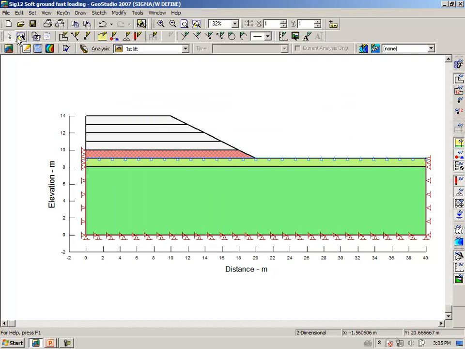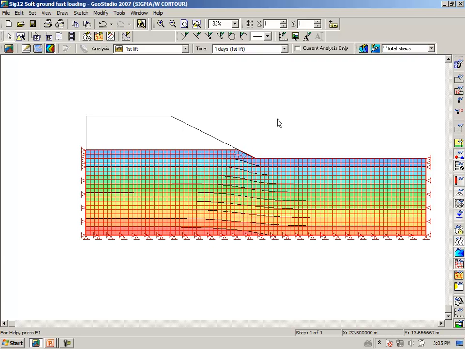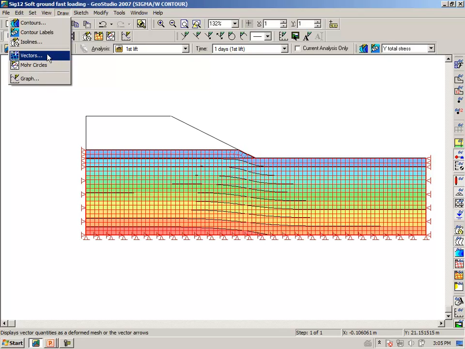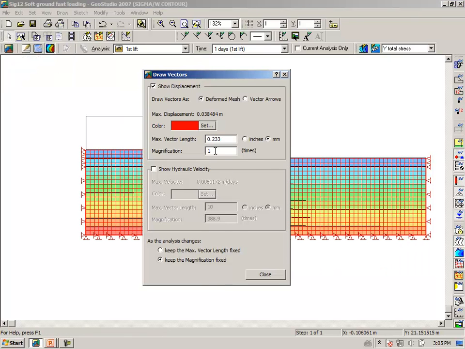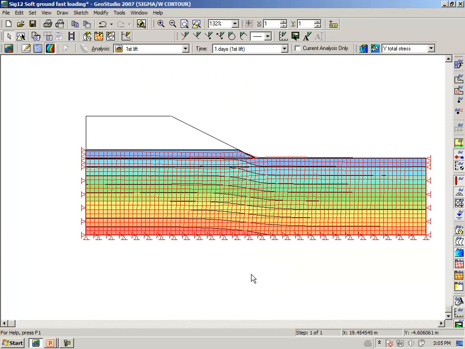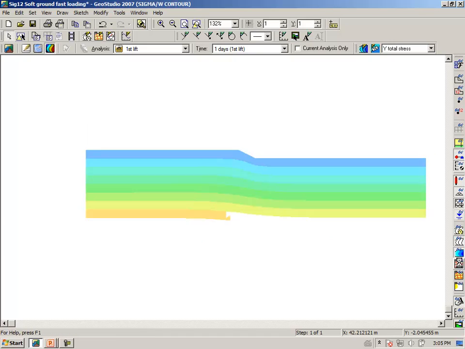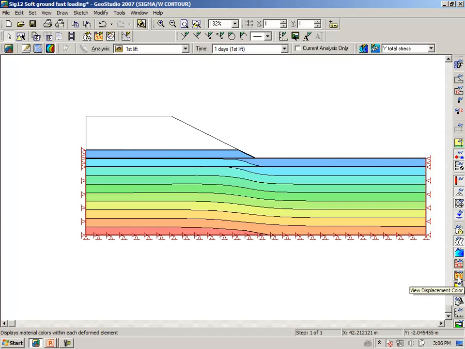Very briefly, we need to look at the results to make sure that we are at least tending in the right direction. We have a deformed mesh here. Draw vectors. The magnification is only 1. At this stage, let's make the magnification 10, and we see that we seem to be tending in the right direction with the displacement. Let's turn off our deformed mesh,